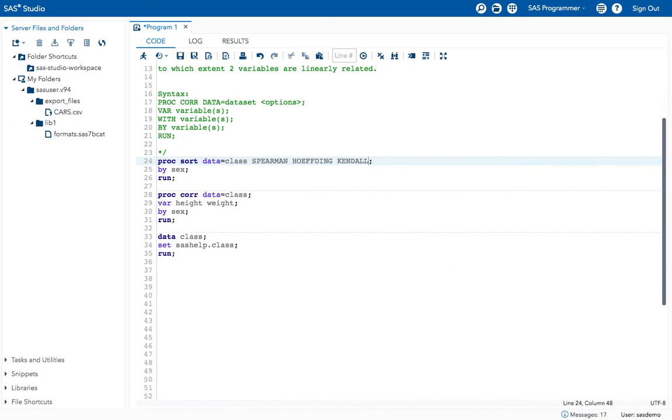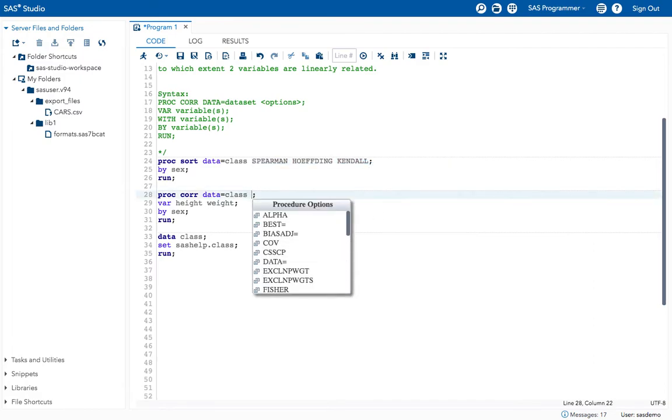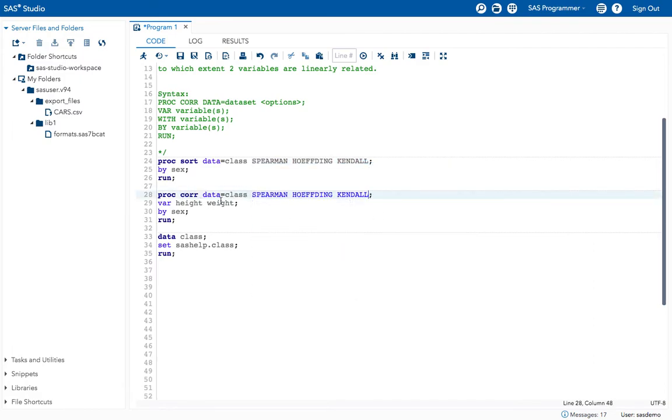Okay, for that I will mention Spearman, Hoeffding, not in the sort statement. In the proc corr statement, if you mention Spearman, Hoeffding and Kendall or whatever correlation table that you want, you can mention it right next to the proc corr statement.